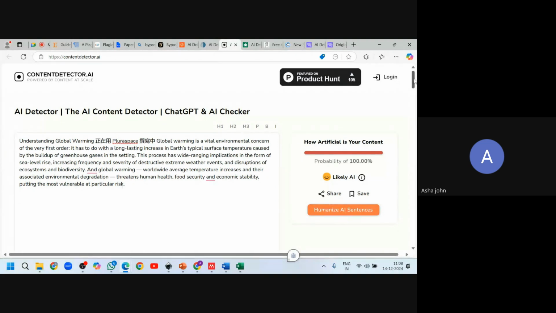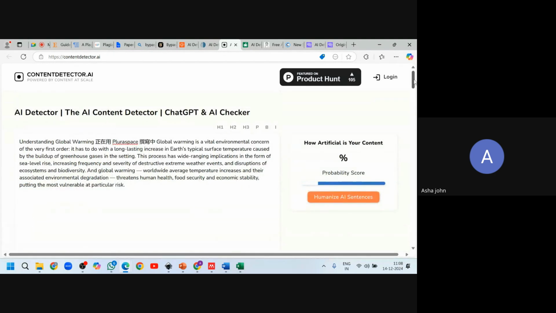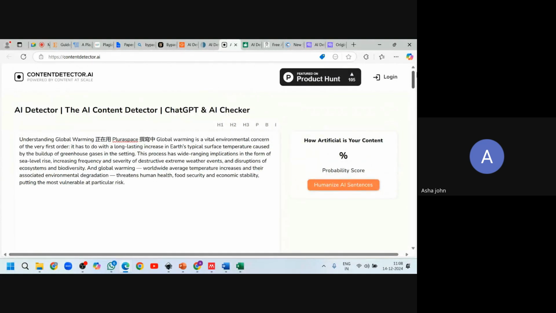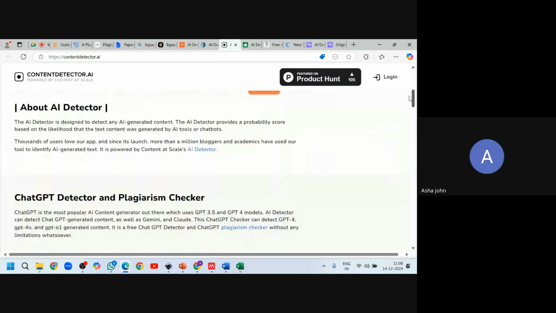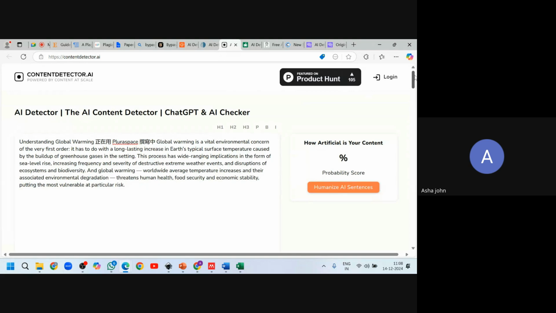And what about AI content? Scan. AI content detected, or AI also has a humanizing option here. There is no artificial content, that's why it's showing like that.